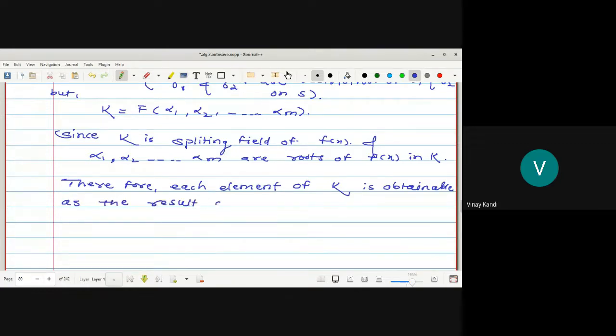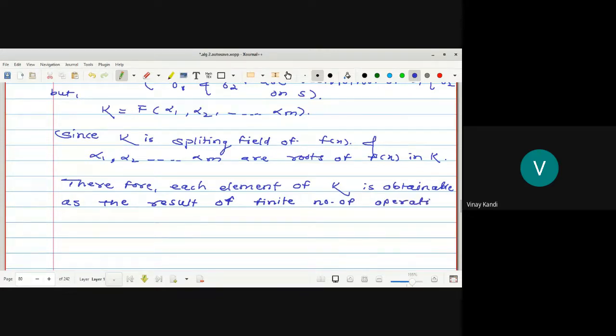Therefore, each element of K is obtainable as the result of a finite number of operations